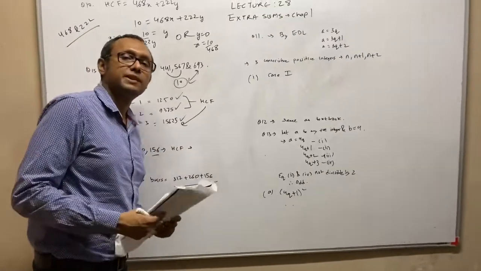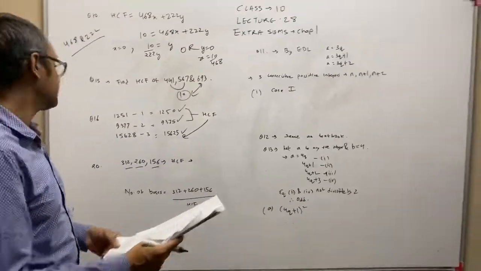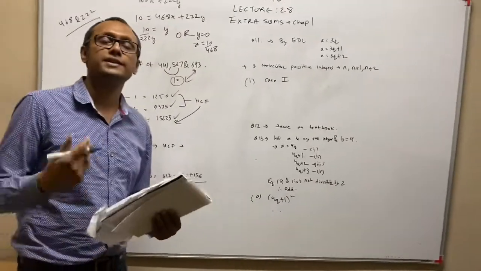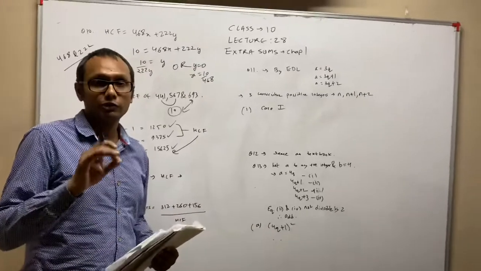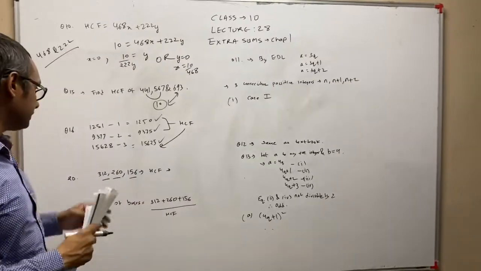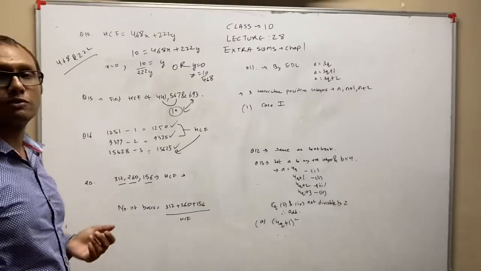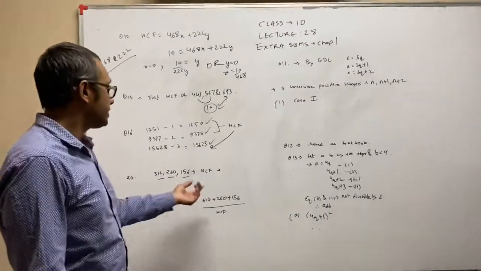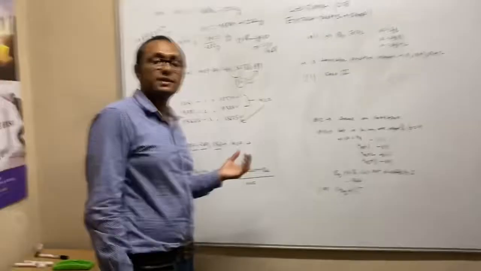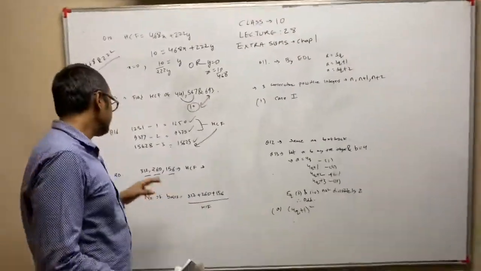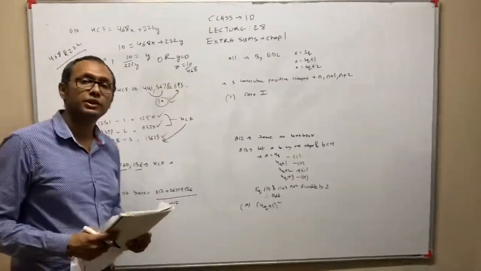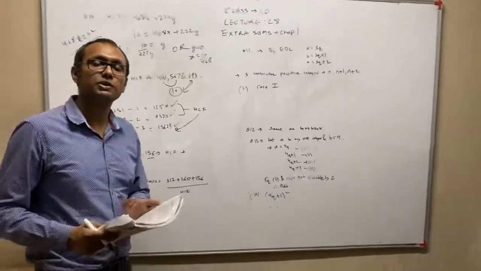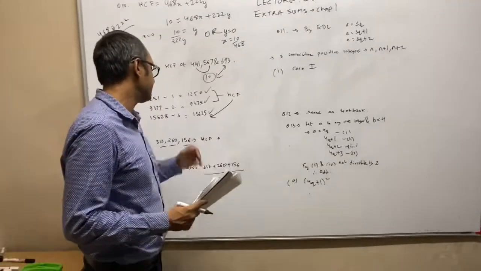Now, sometimes many children ask me, sir, in these statement sums we get confused, how to find HCF or LCM. So you have to use a logic. For example, suppose you were confused whether to find HCF or LCM. Suppose you find the LCM. Now the LCM value which you will get, you will realize it is so big that it is even greater than the number of students. Okay, so then you would realize, no, we can't do this by finding LCM, we have to find HCF.